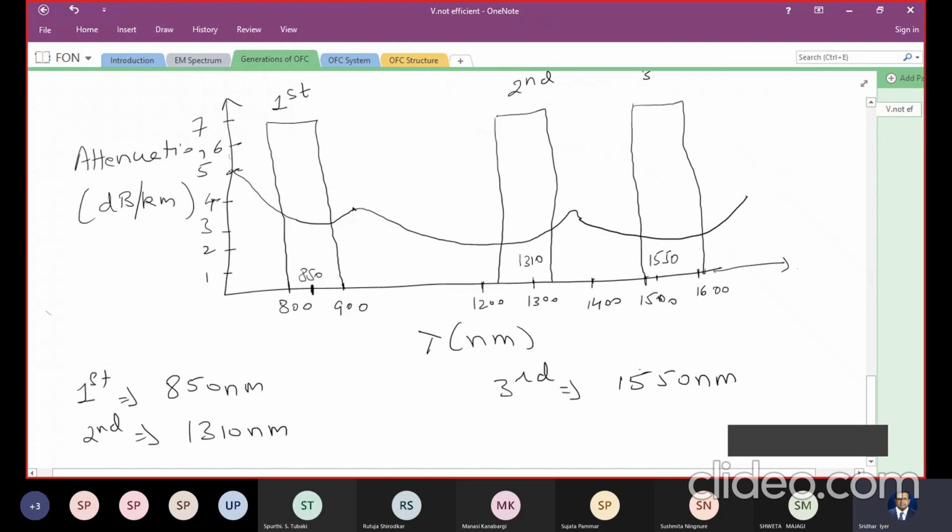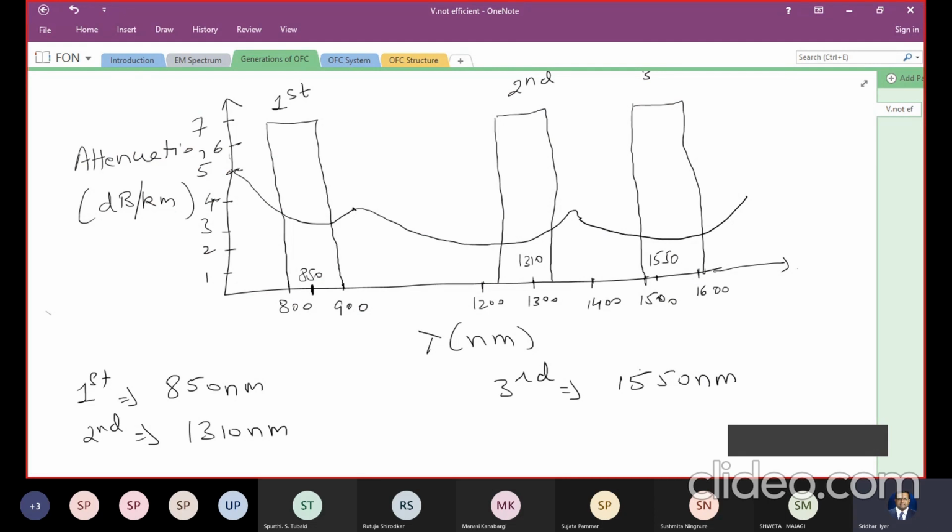So these are basically the range of wavelengths which are used for optical communication, at which your fiber will operate, and at these ranges, for those generations, it gave the highest performance, and these are known as the optical windows. From an exam point of view, you will most likely get a question: what is an optical fiber, what are the various generations, and what are the various optical windows? So these are the optical windows, right?